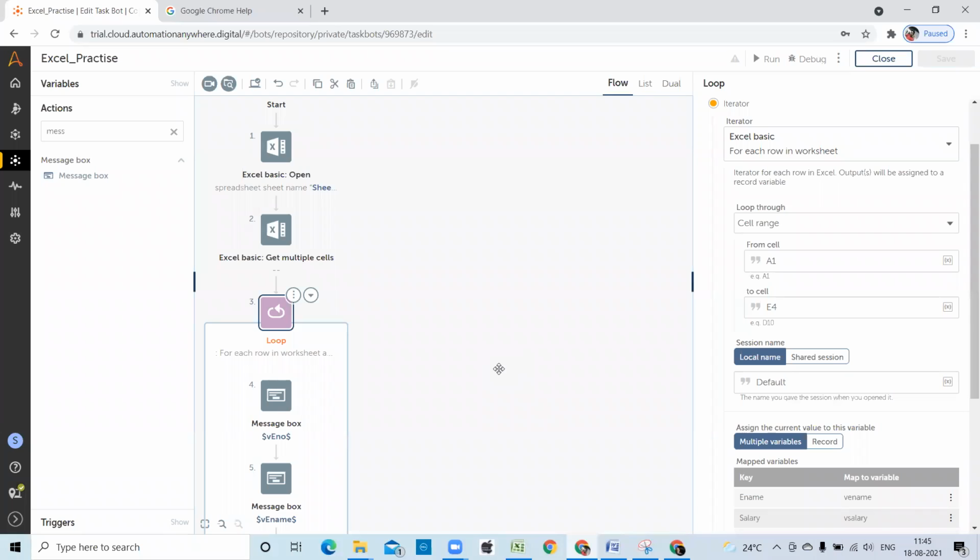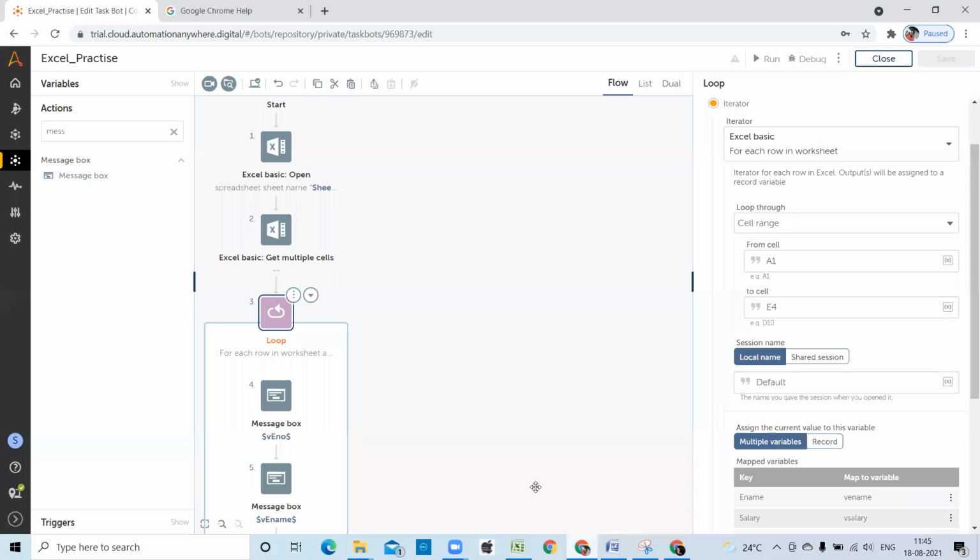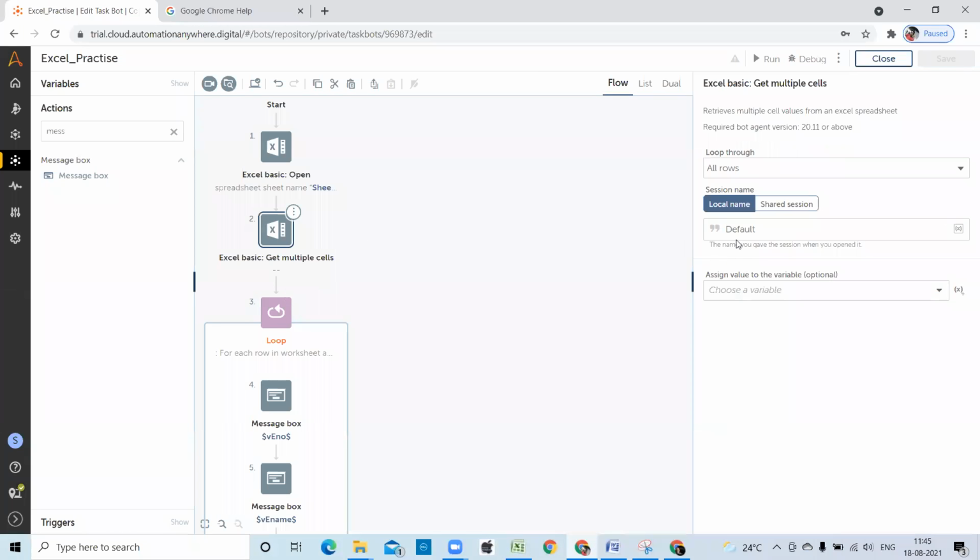Okay, I will show you another one. Now we have selected A1 to E4, right? Now I need only up to C. A, B, C, these three columns of data only. In get multiple cells I am not changing anything, loop through all rows.